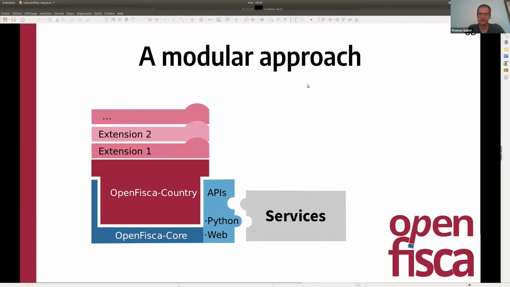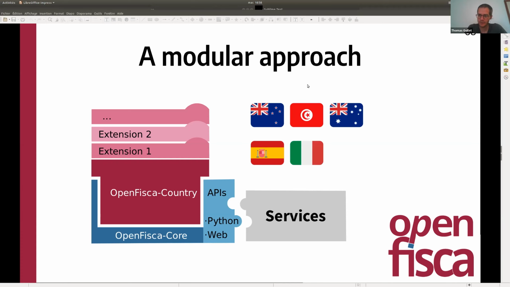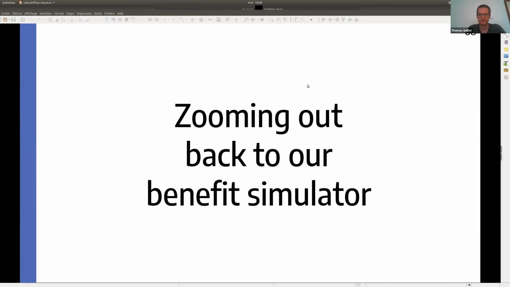It's used by the simulator I've been introducing, but it's also used in other contexts. In addition to other contexts in France, it's also used in other countries that are either experimenting with Open Fisca or using it live to model and represent their own rules in their tax and benefit system.